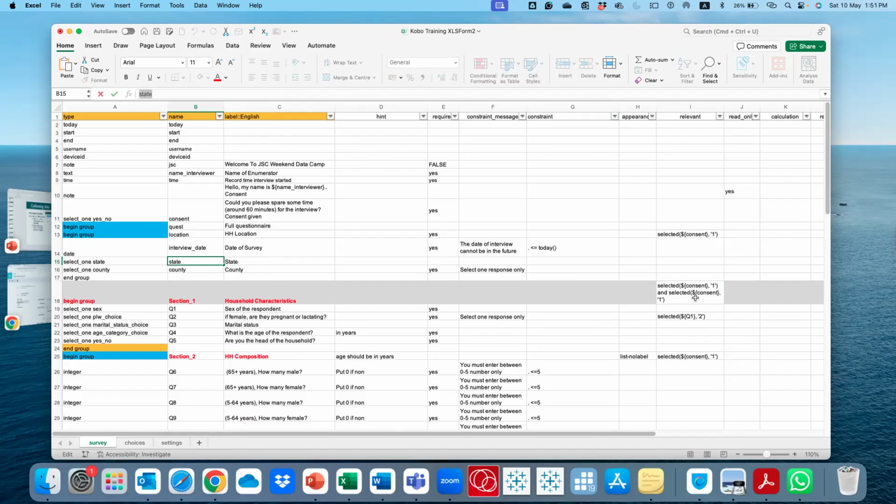Copy this here and replace with where this consent is. And we want only Northern Bahr el Ghazal, which is coded as 2. So then this question will only appear now if this is selected and Northern Bahr el Ghazal is selected under the state. Otherwise it won't appear.